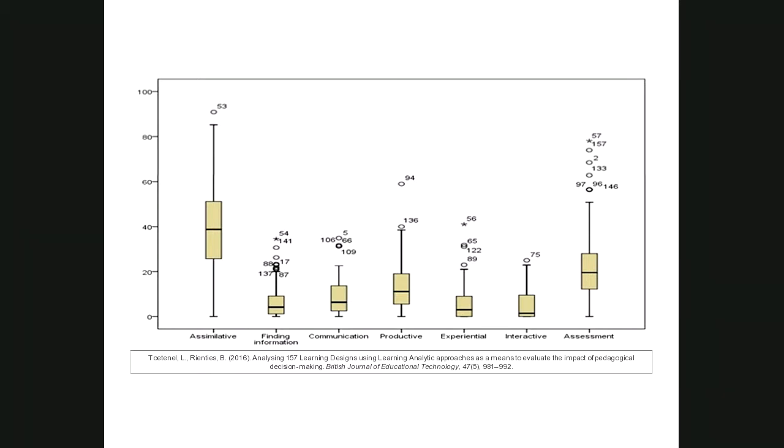On the left-hand side, there is assimilative reading and watching. Yes, so Carmen says it's mostly delivering content with lots of reading, and as Lauren says, with some assessment. So there is one module on the left, not to be shamed, 53, that has nearly 90% of activities that students are expected to do being just reading. While on the right-hand side, module 57 has nearly 80% of assessment.